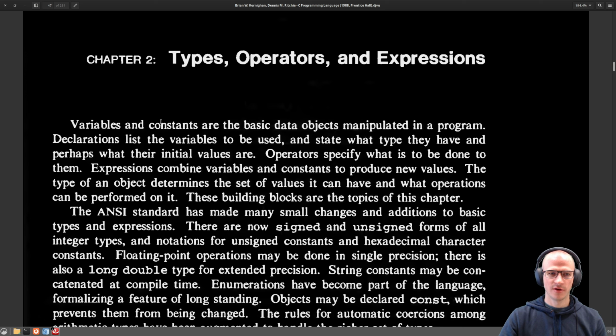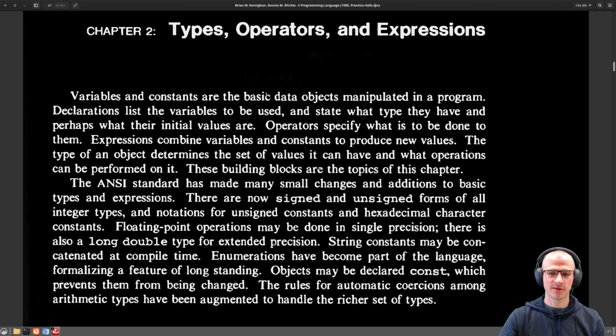Okay, variables, constants, declarations. Okay, operators specify what is to be done. Okay, yeah, this is very terse, but I think it will probably be explained in greater detail later on in this chapter. The ANSI